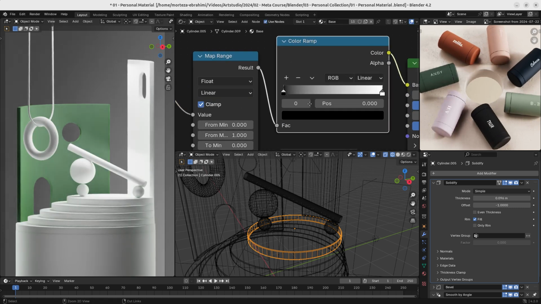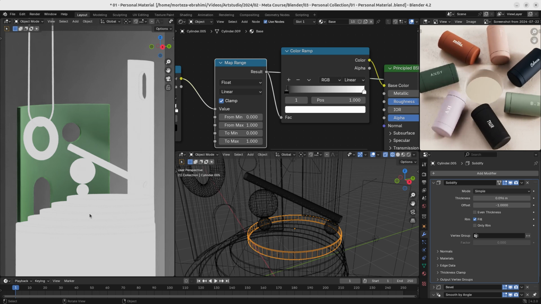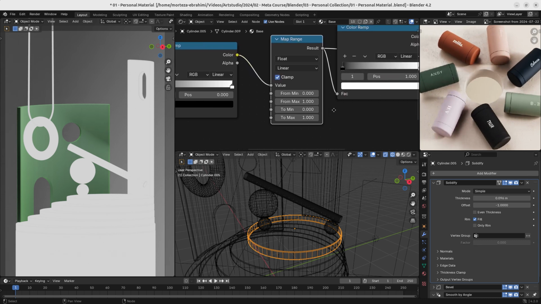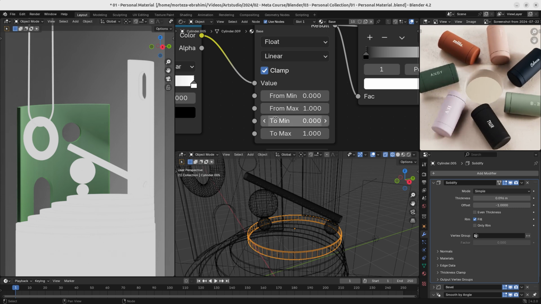So now with this color ramp, we can change the color. For example, if I just press Ctrl Shift and left click, you will see, we see something really tiny, a dark line around the edges here, for example. But we can work on that. We can, for example, let's move here from minimum to 0 to minimum. We can take it really down